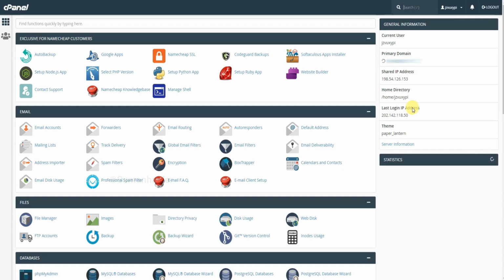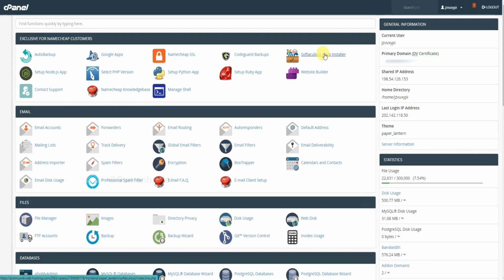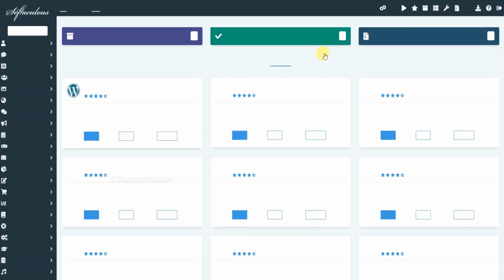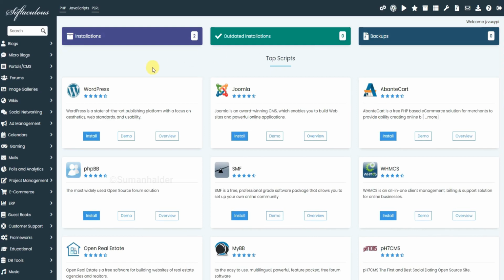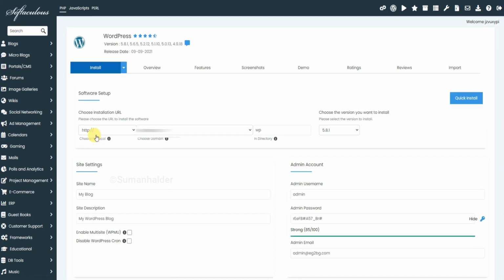You will get a cPanel like this where you can install your WordPress. If there is any WordPress problem, then you can delete it here. Then click Software Cloud and Installer and click WordPress install. You can choose your domain name from here.